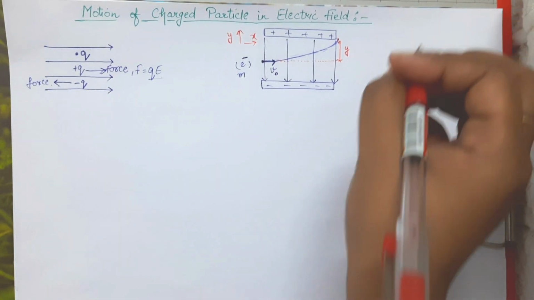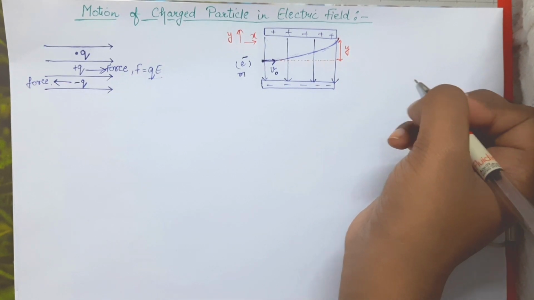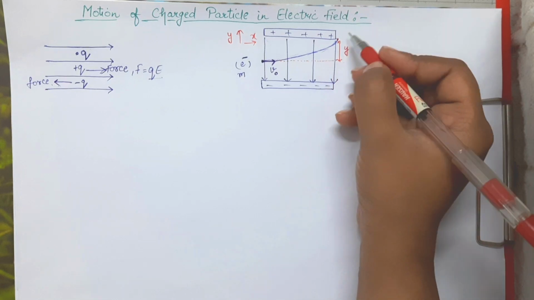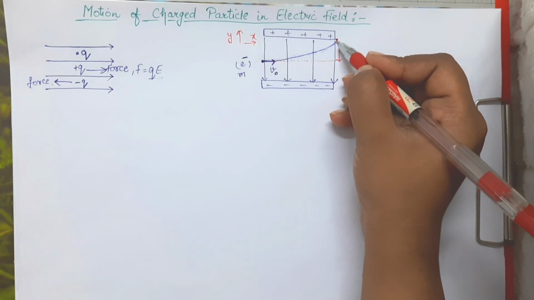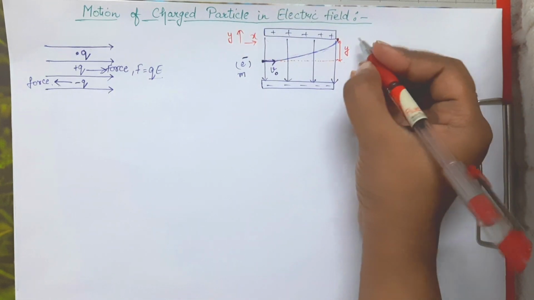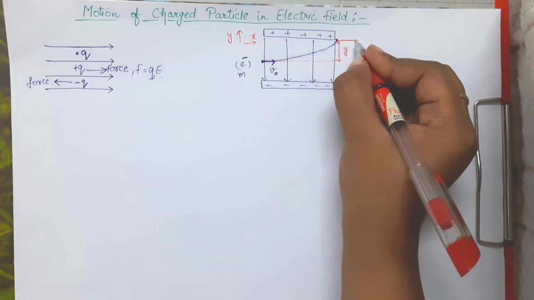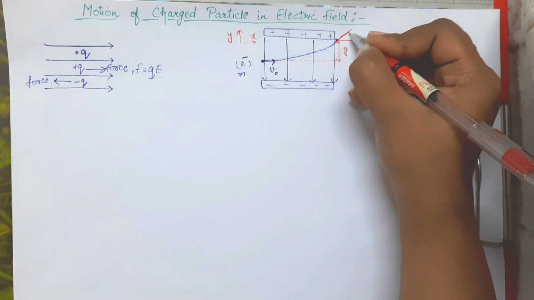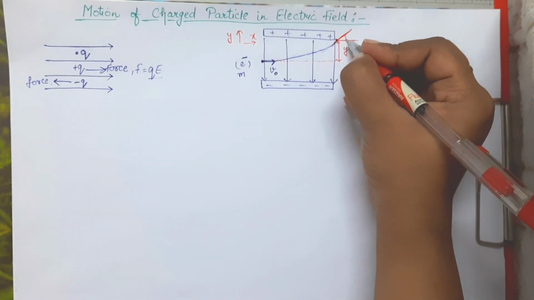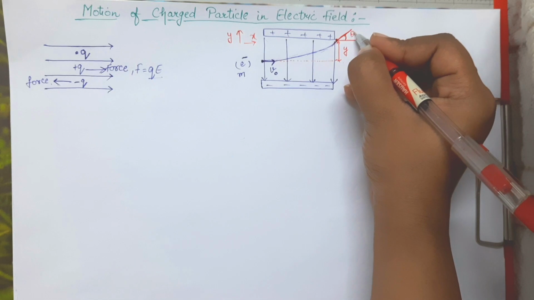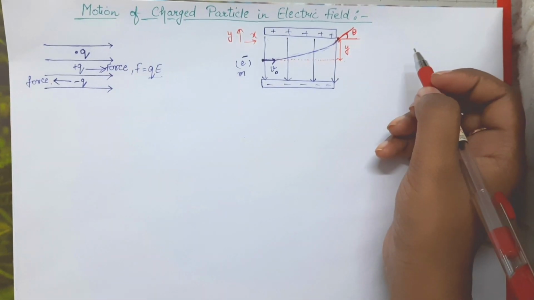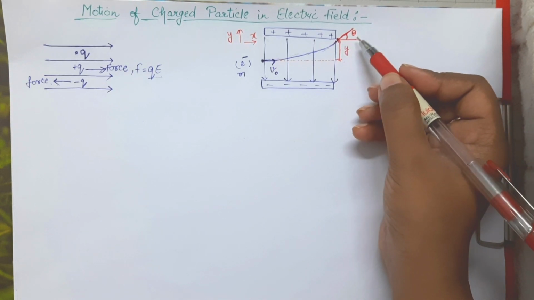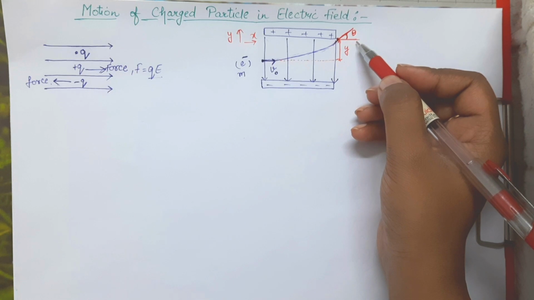And if we talk about the angle, it is also deflected by some angle with the horizontal. This is the horizontal line. At this particular point from where it is going to escape from this field, if I draw a horizontal reference line, and if I draw a tangent from here, suppose the tangent is like this, then it shows a deflection of angle theta. So in the case of distance it shows a deflection of distance y, and in the case of angle it shows a deflection of angle theta.